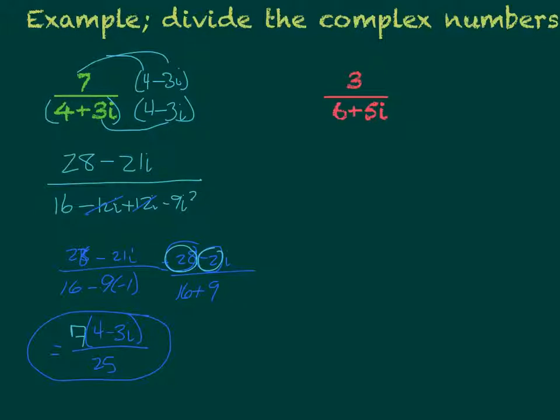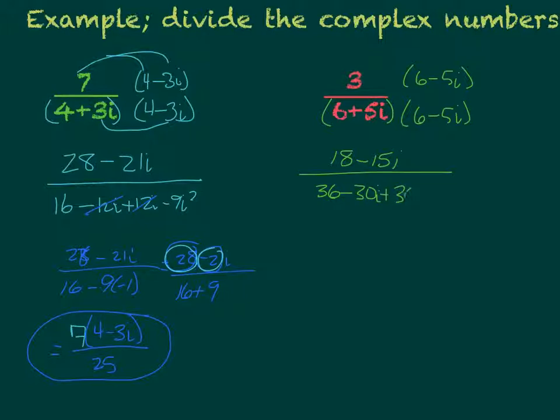And one more. Next one here, we have 3 divided by 6 plus 5i. So again, we're going to multiply by the conjugate of the denominator, 6 minus 5i. Okay, and then I would have 3 times 6 is 18 minus 3 times negative 5 is negative 15i over 6 times 6 is 36 minus 30i plus 30i